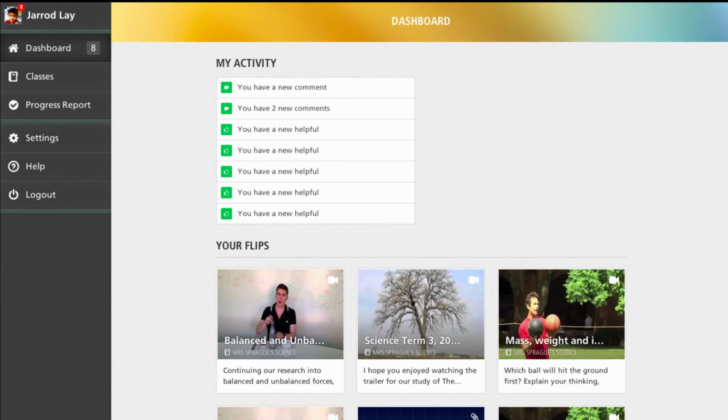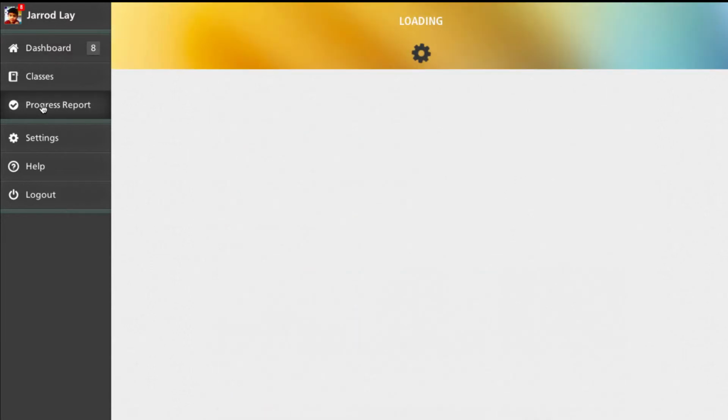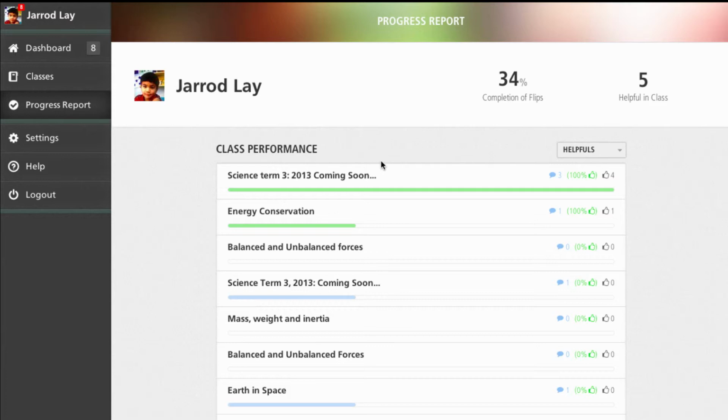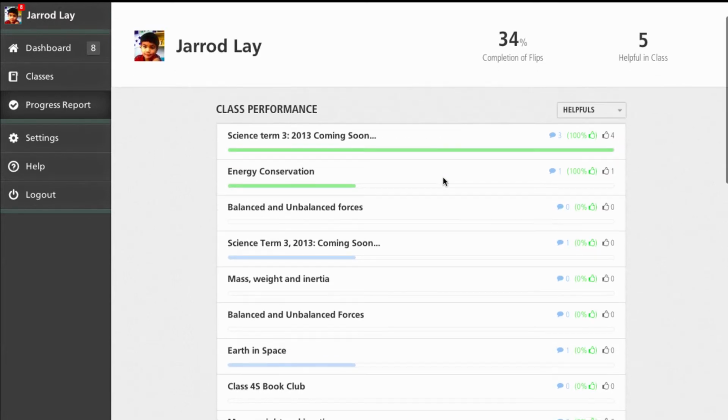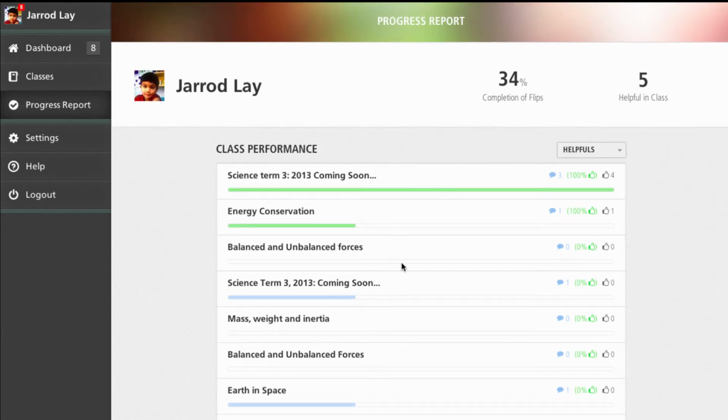The final dashboard I'm going to show is the student dashboard. Now I've logged in as Jared, and you'll see here on the left hand navigation bar when I click on his progress report, you'll see Jared's view of Verso. So on logging in, every student can see their performance over time against every provocation they've been set, regardless of which teachers set them. The students can see the number of helpfuls they've received, they can see the number of